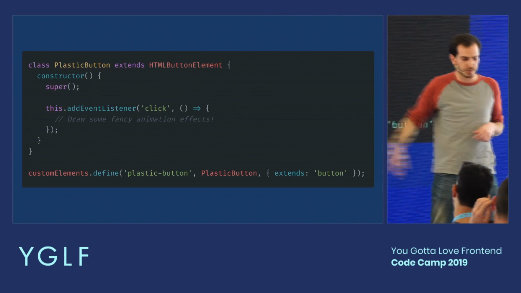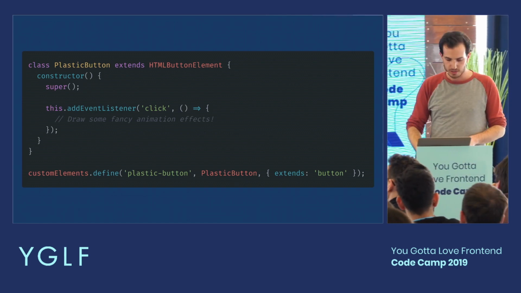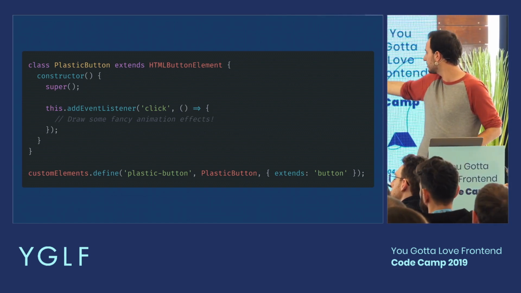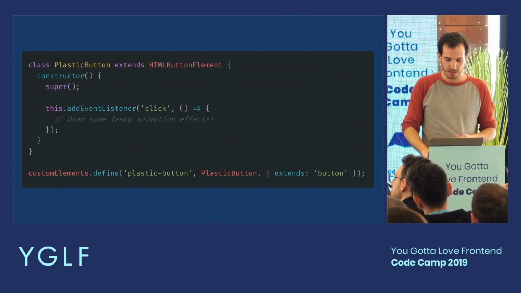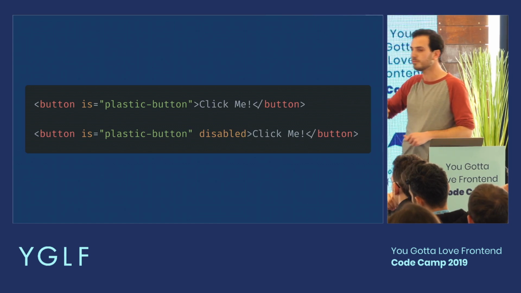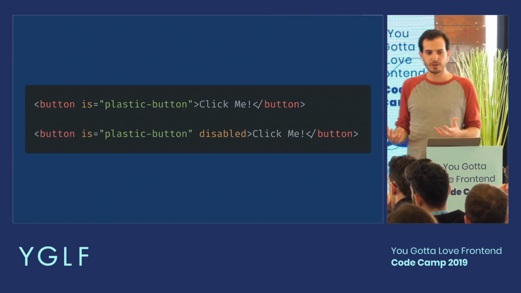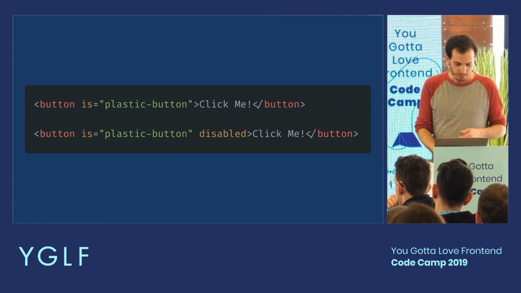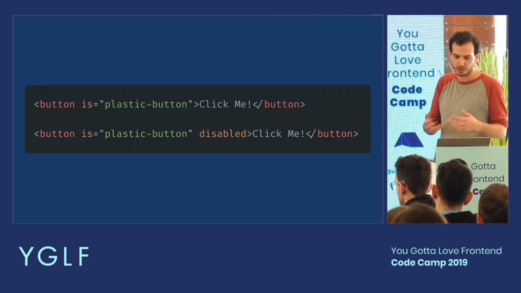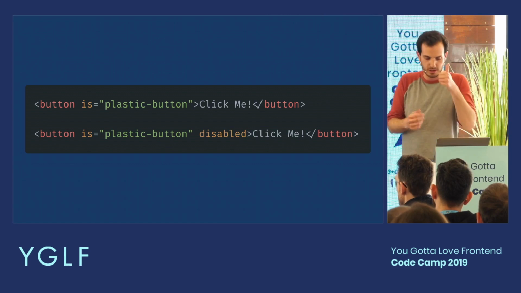And you can do a bunch of stuff inside of it, animations, and so on. You define it as plastic button, and you say that it extends button. And then in the DOM, you place a button, and you say is equal plastic button. And then it gains a lot of the abilities of a regular button, and it also works like a normal button. It just has whatever you did